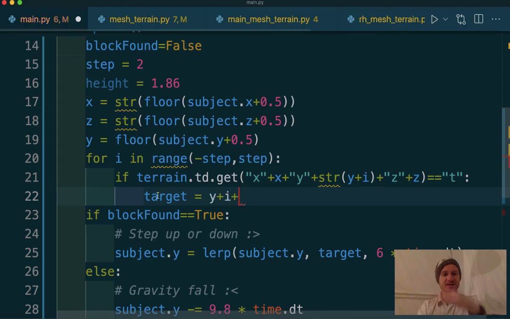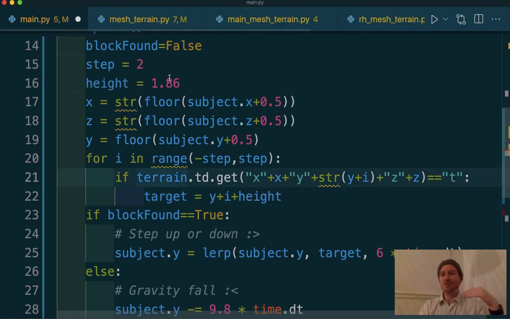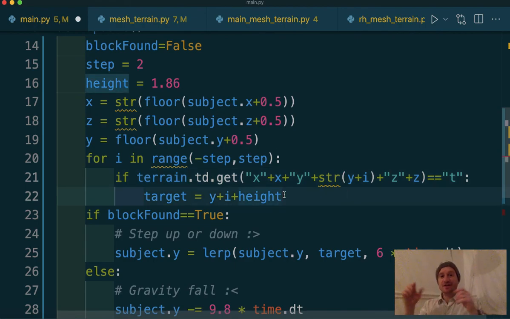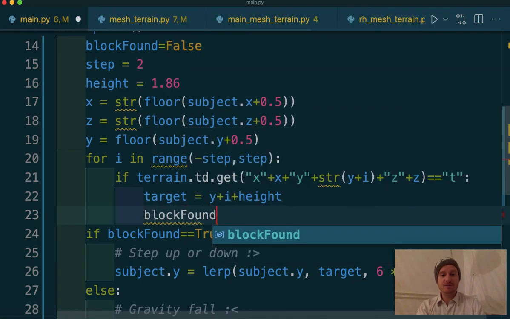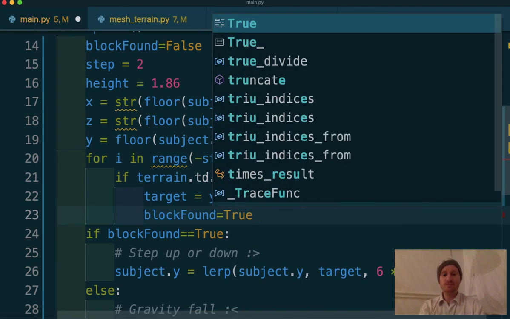add to our target height, the actual height of the player. So we want to add on how tall the player is as well. So we'll put height there. So you can change that 1.86 lower or higher depending on what you want. Maybe if your character isn't like a person but like a little hovercraft, it might be a lot lower, so you can zip over the terrain and stuff. But there we go. So we've recorded that, and then we want to say block found is true, and then